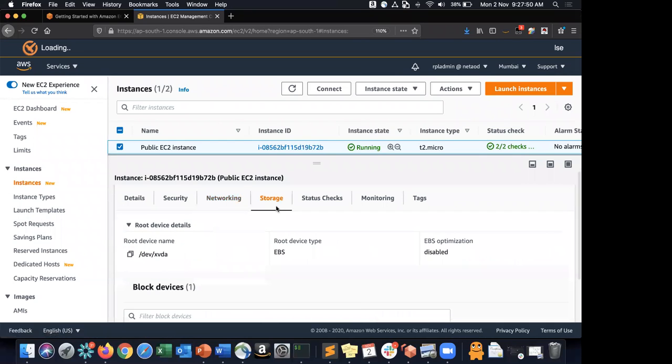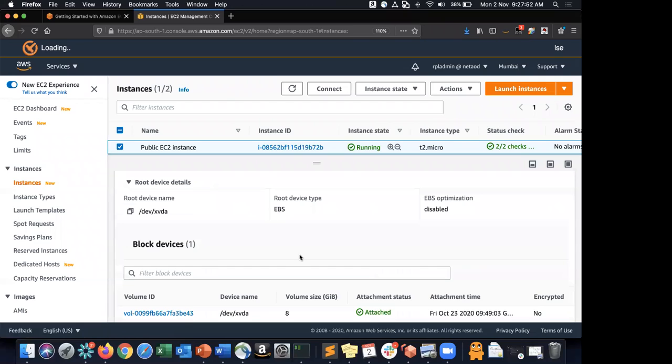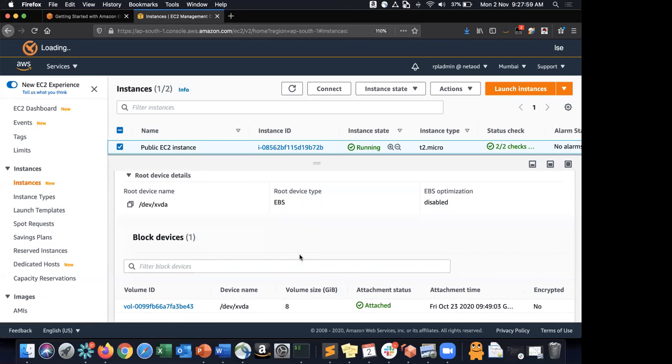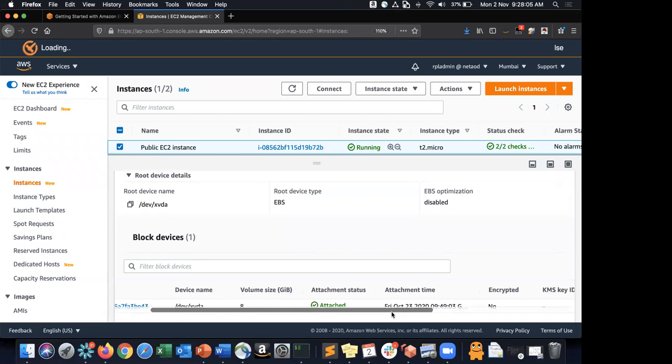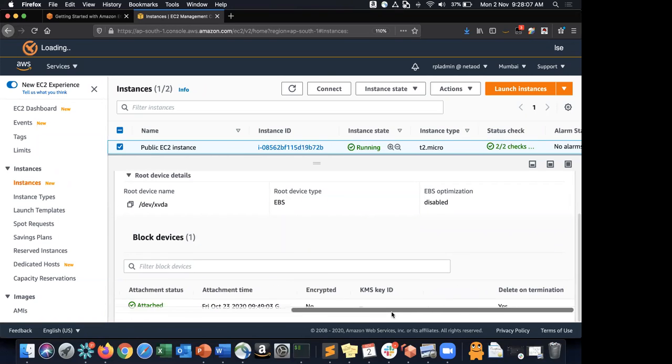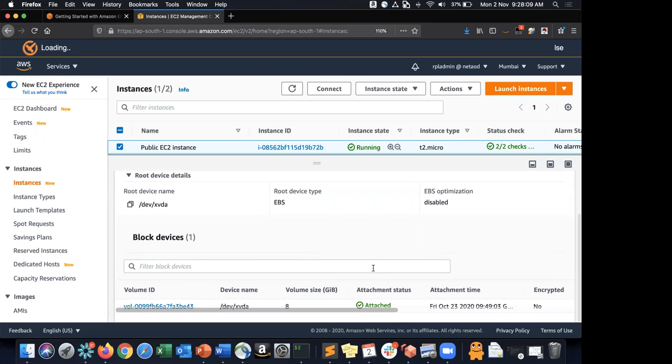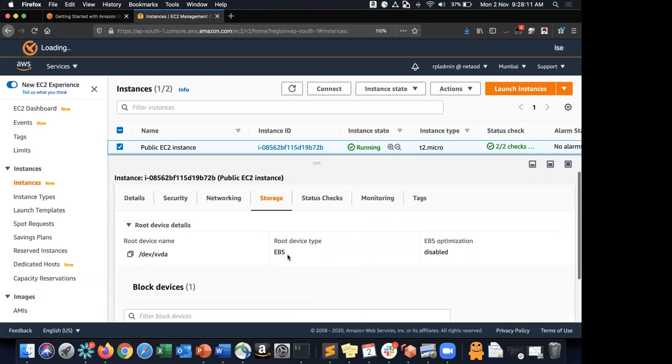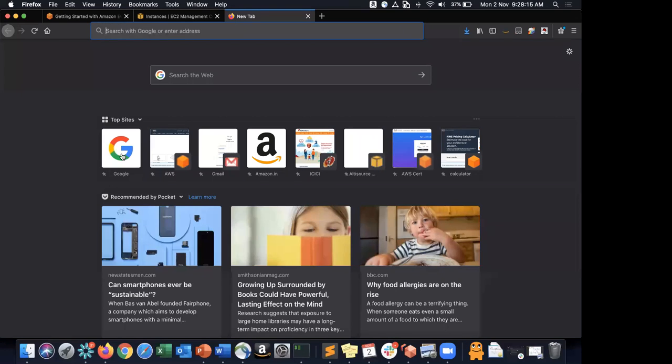So then you have storage, right? Storage is the underlying EBS volume that is attached to the EC2 instance. EBS volume is nothing but the disk, the hard disk associated with the EC2 instance. Okay, so you have your block device storage associated with your EC2 instance, right? And I'll explain this shortly. But that's called EBS, right? So if you want to learn more about EBS,